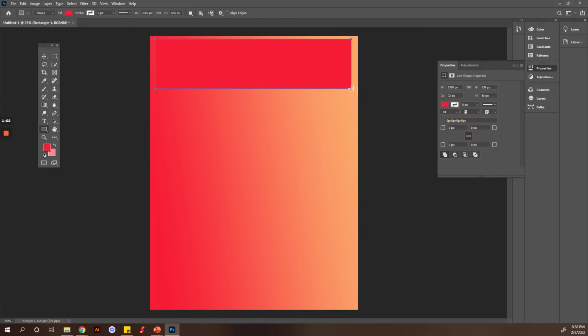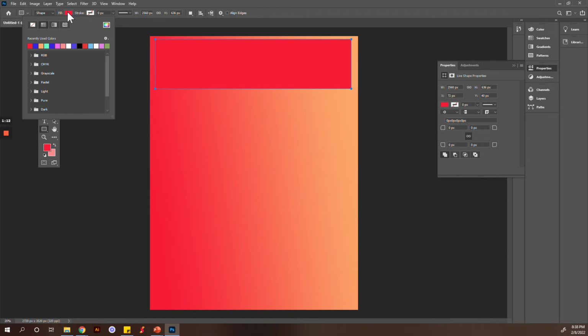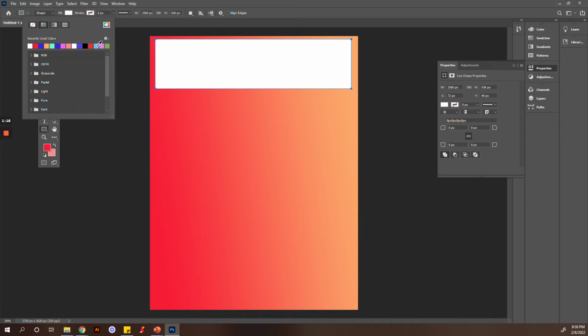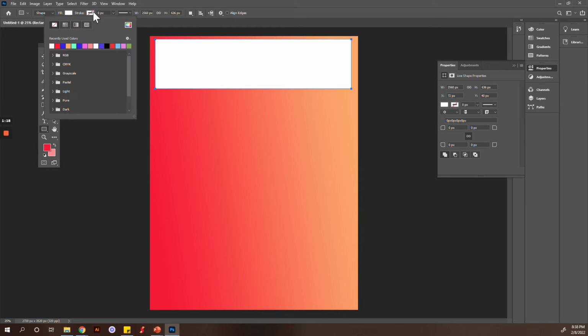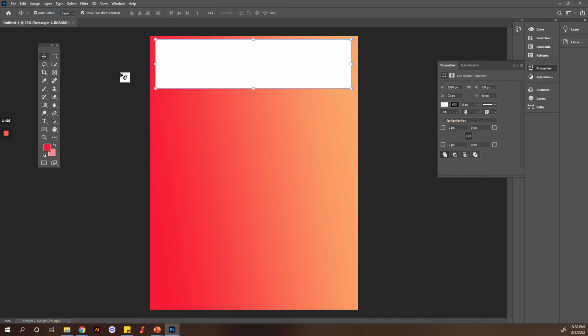First off, my properties is going to come up. But up here at the top, when I grabbed that shape, it says fill red, stroke nothing. If I want to change those colors, I just click on the fill. I can do fill white. And then the stroke, I could just click and change to black. And now you will see that,